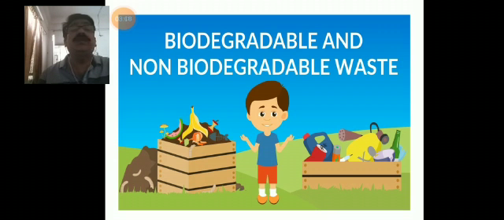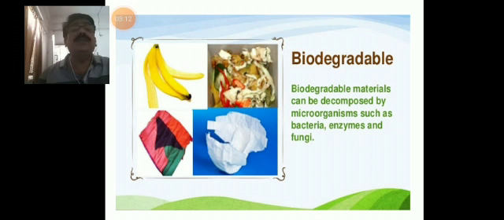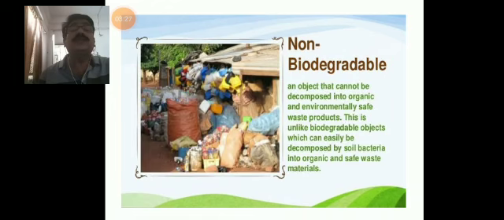Now coming to biodegradable and non-biodegradable waste. Biodegradable wastes are wastes which can be decomposed with the help of bacteria, enzymes, and fungi, like all the vegetable peels and paper. Those should be recycled in such a way that they mix into the soil and can be used. But the non-biodegradable waste, especially plastics and others, create a problem for the soil bacteria, the organic matter and the water also, and should be recycled rather than thrown away directly into the atmosphere.